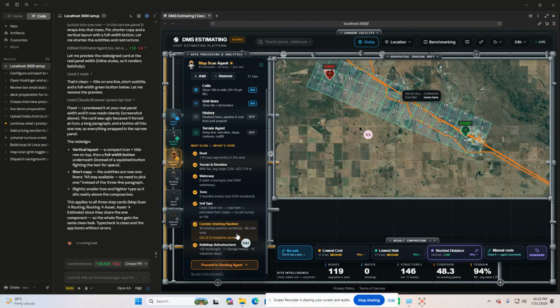Because to me, this is a road, right? If you zoom in, that's a road. So I will run it parallel to the road and then go up and then somehow come back that way. I'm just showing you.